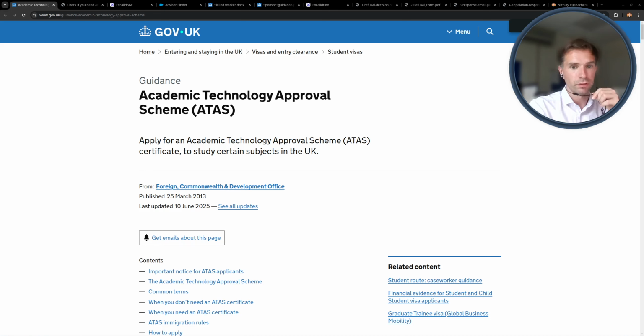If you're planning to start a PhD position or work as a research fellow in the UK, then you might hear about a specific procedure performed by the government that involves the assessment and approval scheme for the applicant. In other words, you're dealing with the ATAS, which stands for the Academic Technology Approval Scheme.